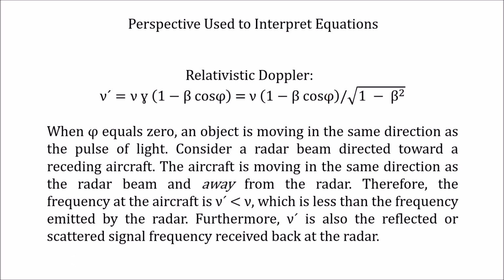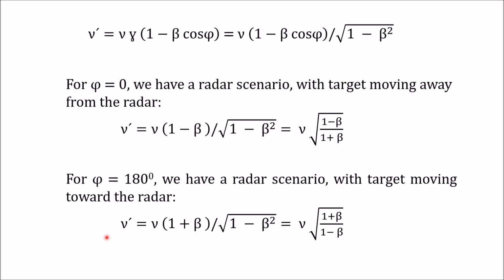To simplify things without really impacting the discussion at all, this is the general equation, and if the object or the target is moving away from the radar, the angle phi is 0, and this is the expression we have. If the object is moving towards the radar, we have phi equal to 180 degrees, and the cosine of 180 degrees is a negative number, and so we wind up with this expression. Very simple expressions